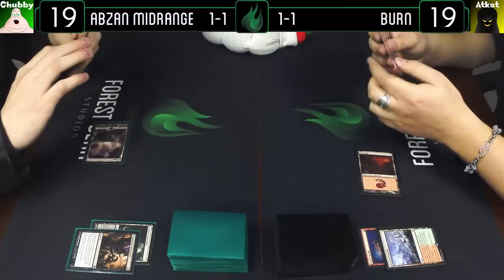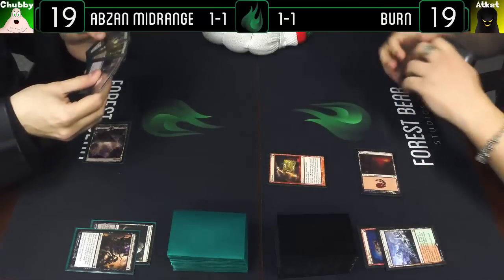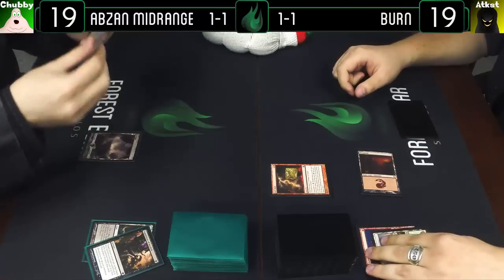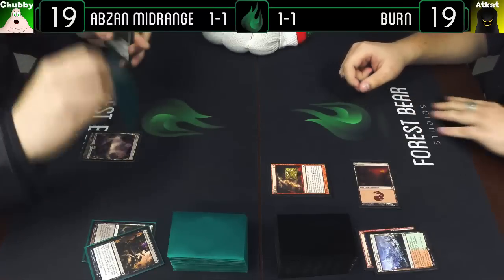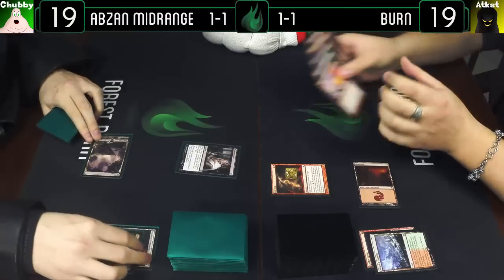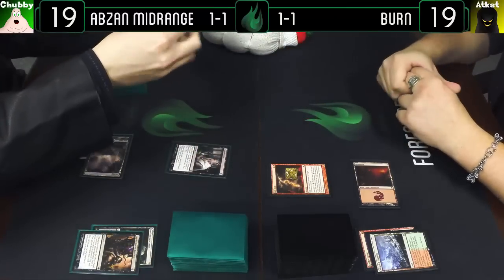Is it a spike or did you draw something cool? Oh, I drew Ripple. That works. So spend and your go. Okay. I'm going to follow up with a Thoughtseize. Going to 17. What are you taking this time? I think this time it's going to be...